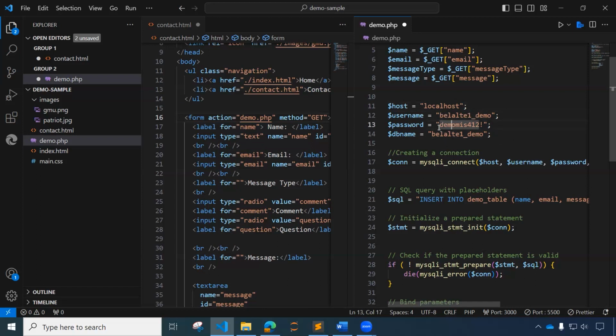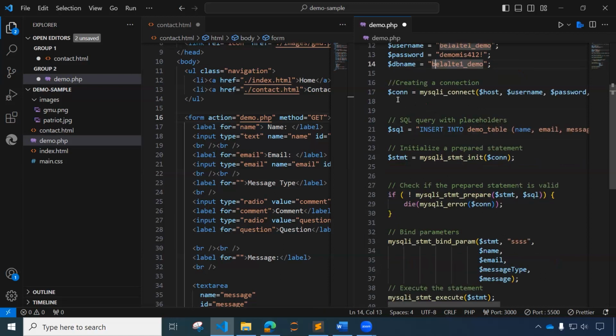They'll have a password, so I'm going to set up a password. This will be the password. And then a database name that I have to create in the HostGator services. And then there's a connection, SQL. They're going to be using MySQL, which is the database service that HostGator is allowing me to use when I subscribe to their services. So this code is just related to creating a database connection from the website to the